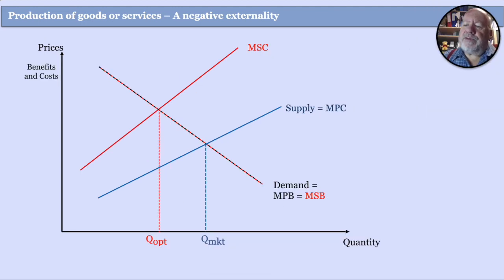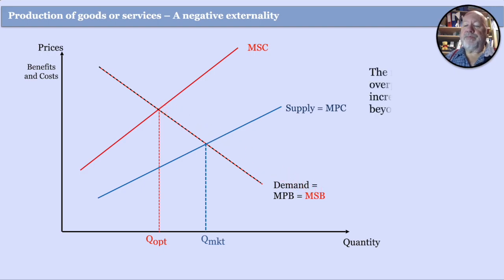So I've just drawn the demand curve in a slightly different way. You've got your black one, which is the private benefit, and the red one, same curve, which is the social benefit. No externalities on consumption. You've got your optimum point, that's the optimum in the market. There's your market. So this is where we are actually producing. This is where, if you like, we should. And I always try and stress that the socially optimum, social cost, social benefit is our should